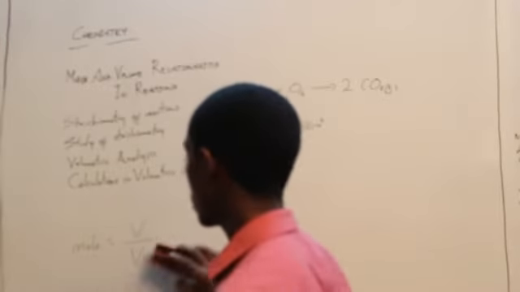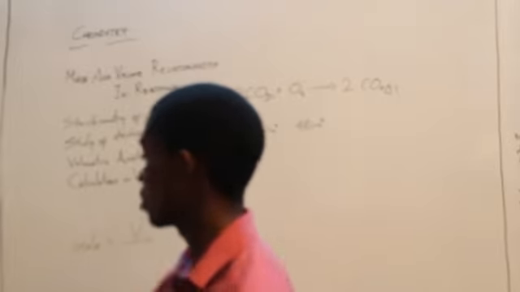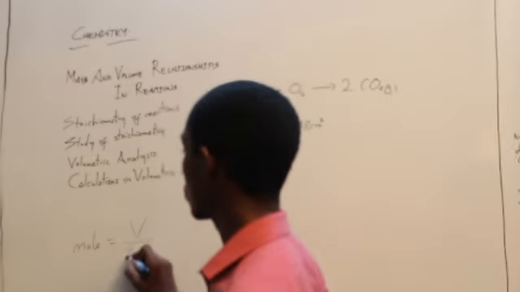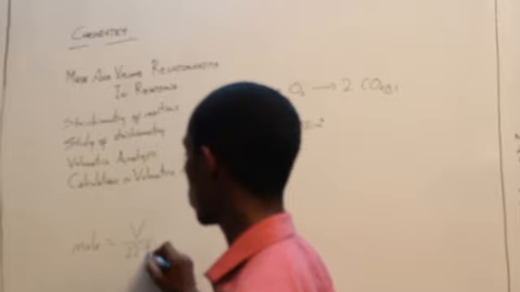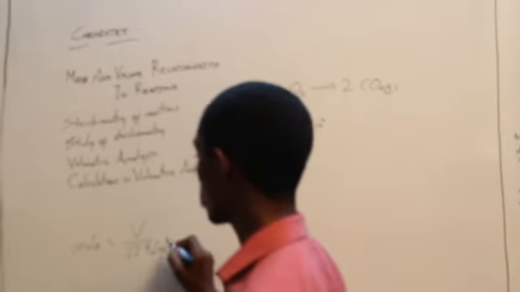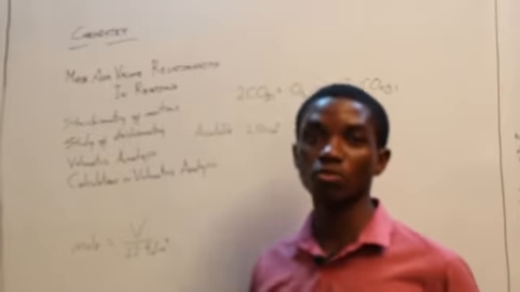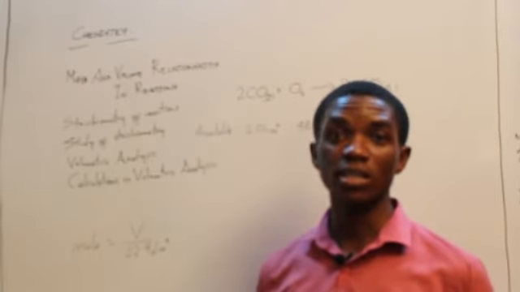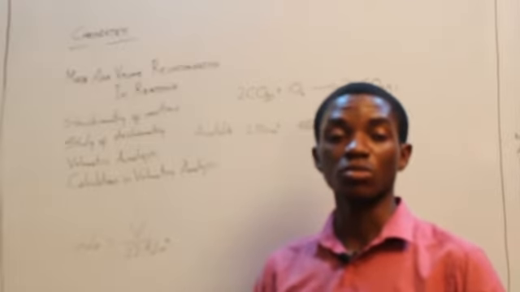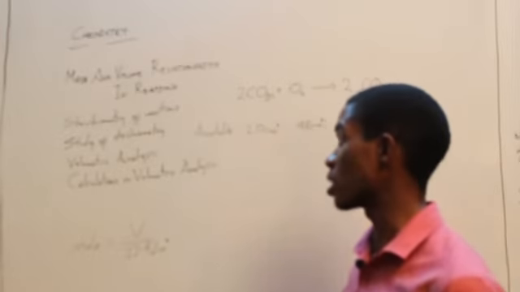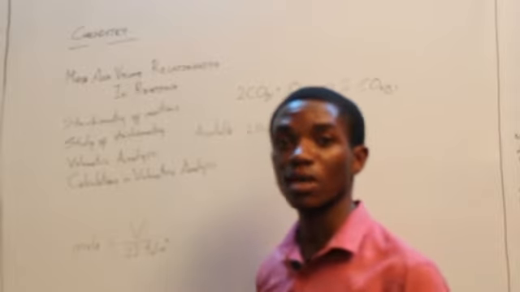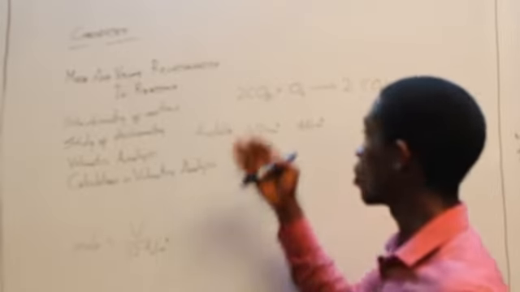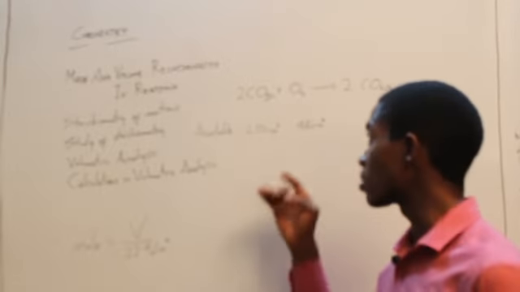Now, the volume at STP is taken as 22.4 dm cube. So with the knowledge of this, we can go ahead to do our calculations regarding the mole of a substance. And of course, let's take this example of